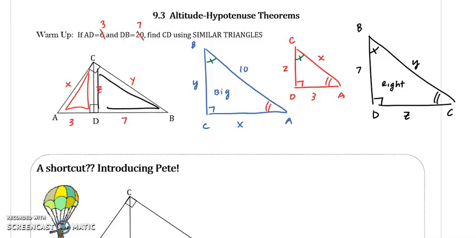This takes forever, and then you have to start to set up proportions. Like if you're looking for x, you could say x over 3 equals 10 over x. That could help you solve for your x value, right? X over 3 equals 10 over x, cross multiply, x squared equals 30. It's not bad. In fact, you know what you're doing. You know how to set up similar triangles. It's just tedious, and it takes a long time. So you ready to cheat? We're going to give you a little shortcut.